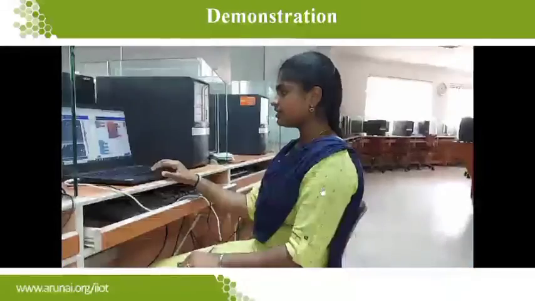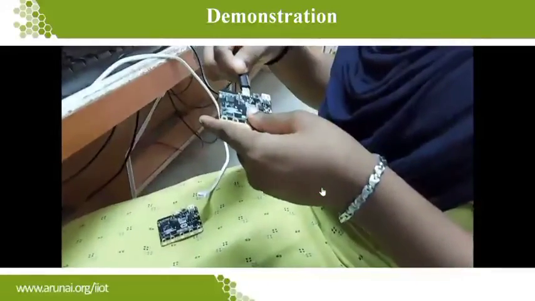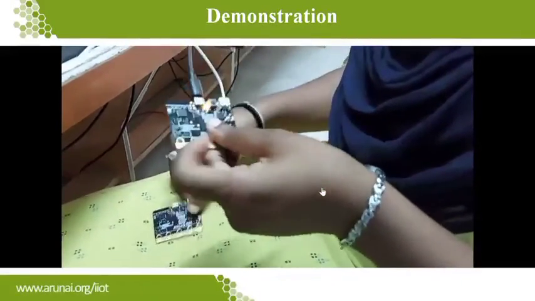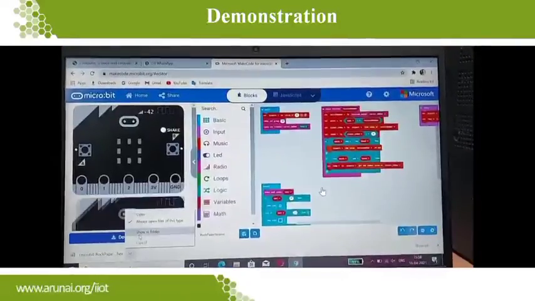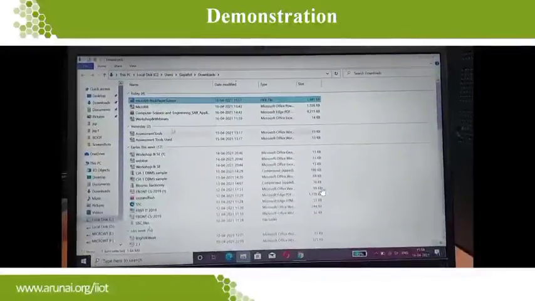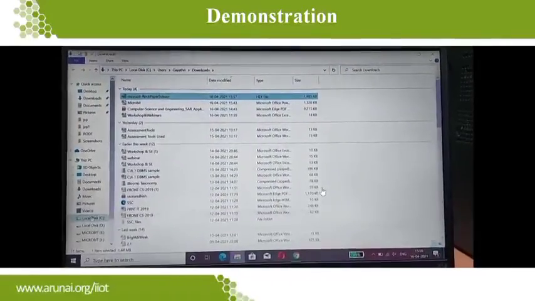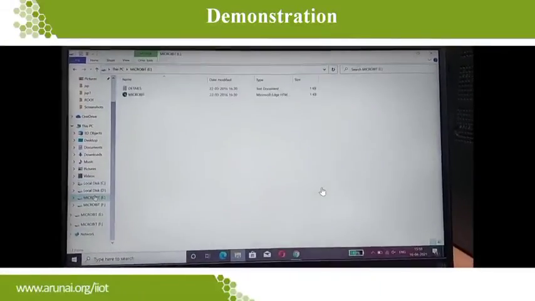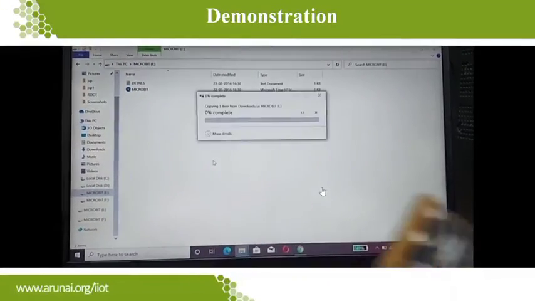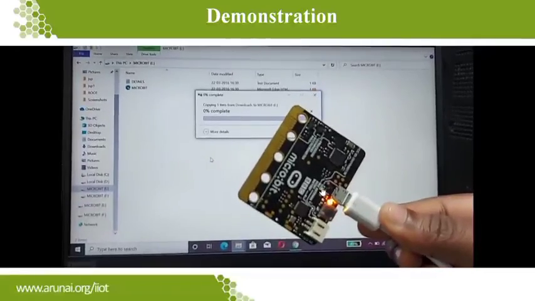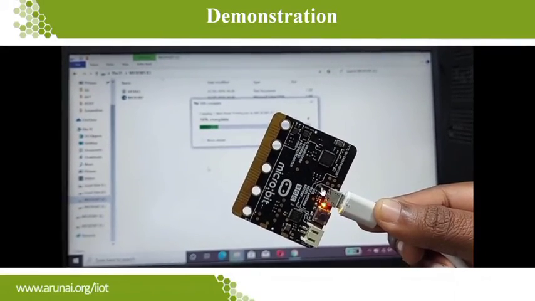Then connect the two microbit with USB. This light indicates that the microbit is connected. Then click on Show in folder, copy the file and paste it in a microbit. This blinking light indicates that the code is being uploaded in a microbit.